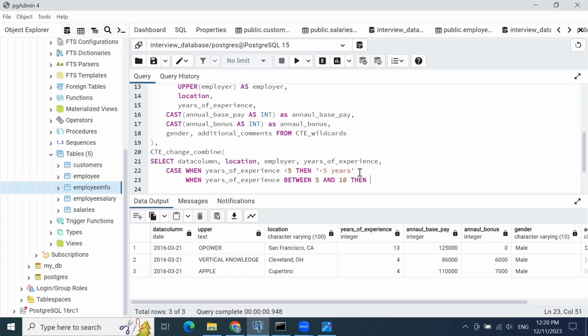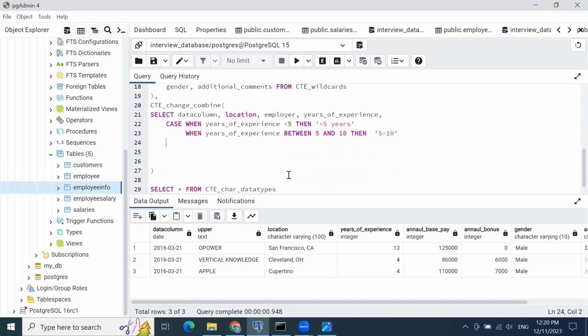It should print out like this for 5 and 10. Okay, and if it has more than 10, so I will add in the when years of experience again has more than 10,